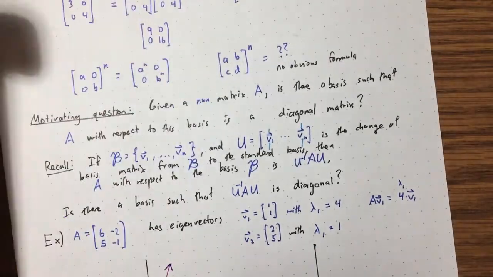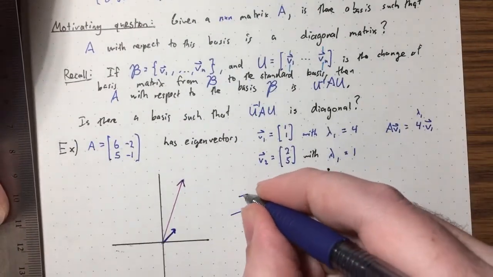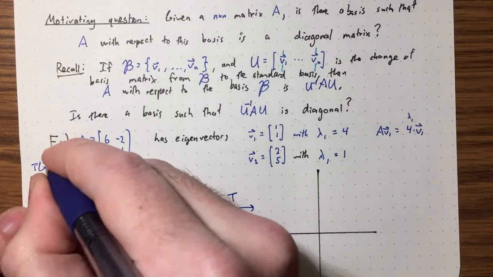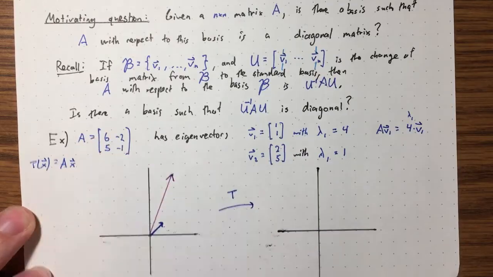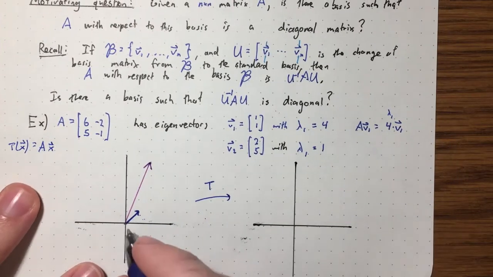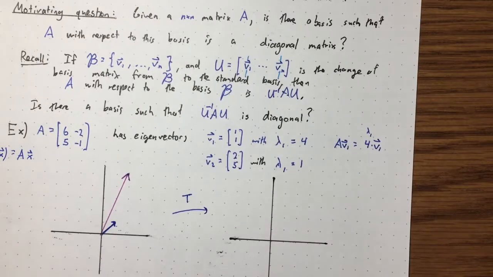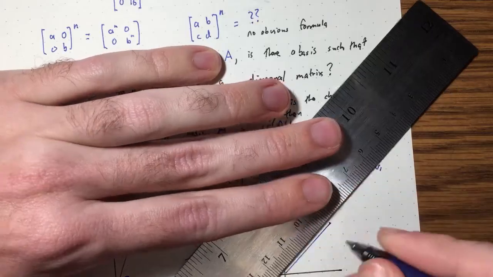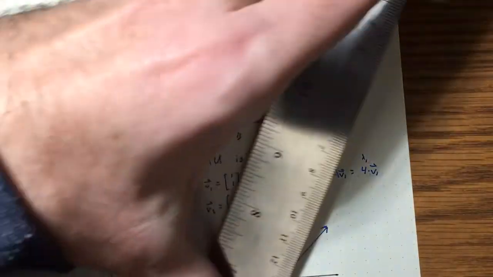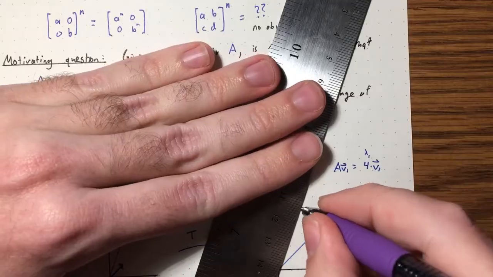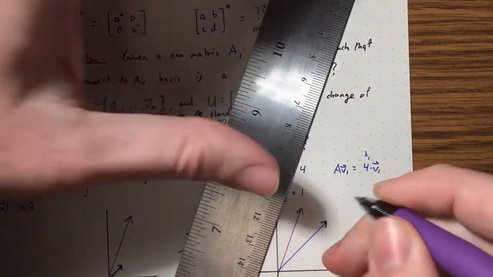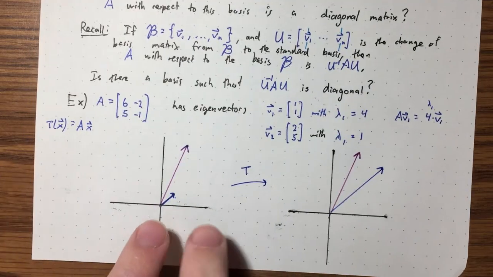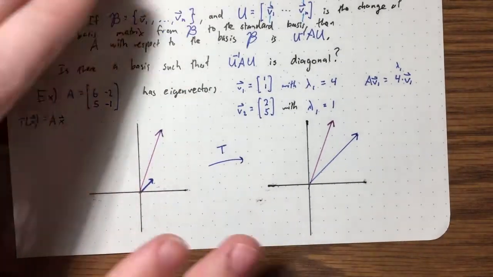Okay. Then what happens when I apply the linear transformation T? Again, T is just the linear transformation given by multiplication by a matrix A. Well, what happens? This one here gets stretched by a factor of 4, right? So it ends up at 4, 4. Okay. And then the other one just stays where it is. So this is what happens. The question is, can I somehow tweak this? Can I